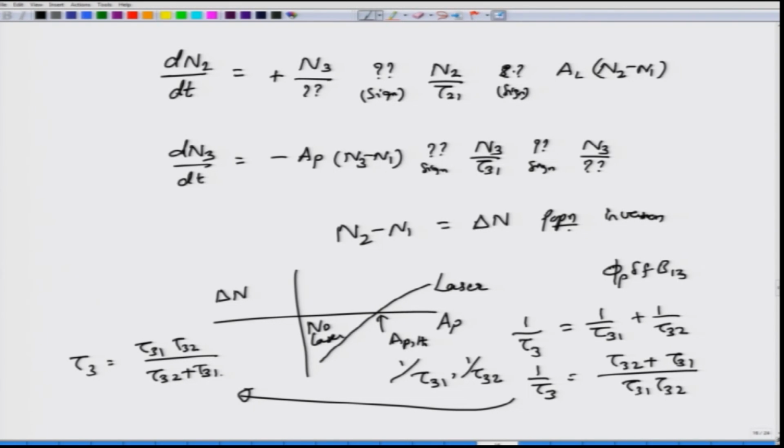Now, if you look at a typical laser, what you want is most of the atoms which are at the ground level E1 to end up in level E2. Okay. But because of absorption, atoms in E1 go to E3. Now, you have two options, right. So, E3 to E1 can drop down and that characteristic time scale is about tau 3 1, and the characteristic time scale from 3 to 2 is tau 3 2.